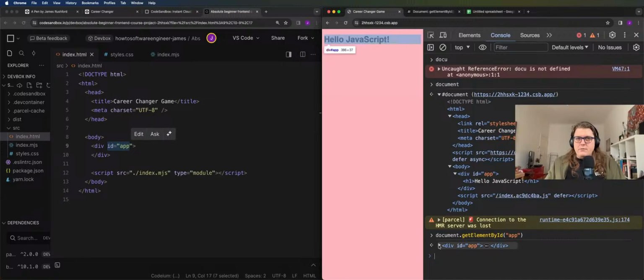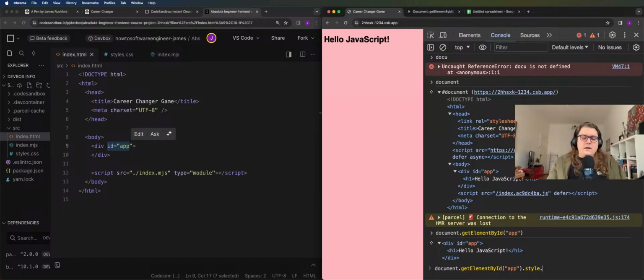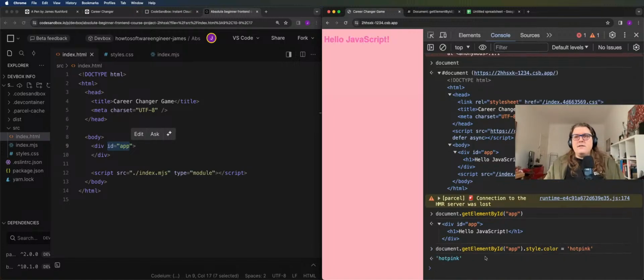And we can see the element. And what we can do is we can change the element. So now we've got the element, we can say style dot color should equal hot pink instead of pink. Now this looks terrible, but now what we've done in JavaScript is we've said, I want you to